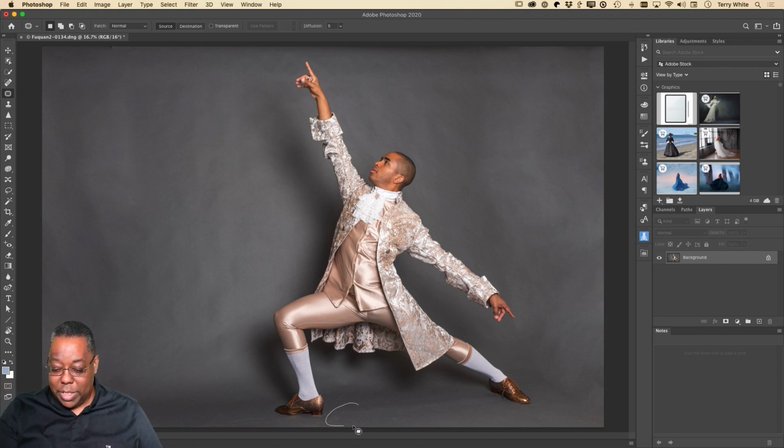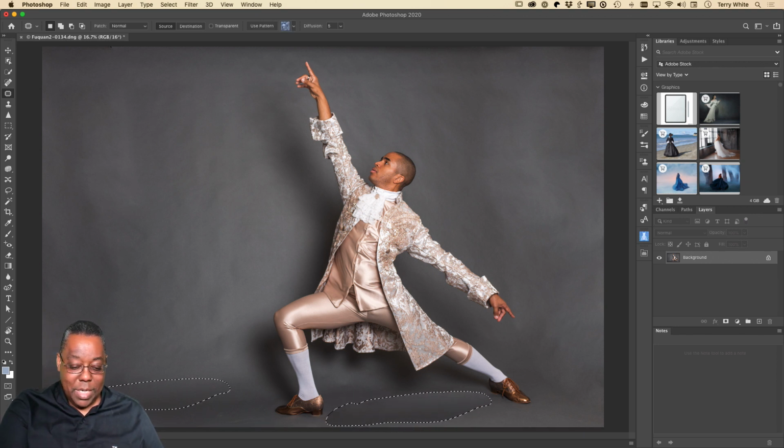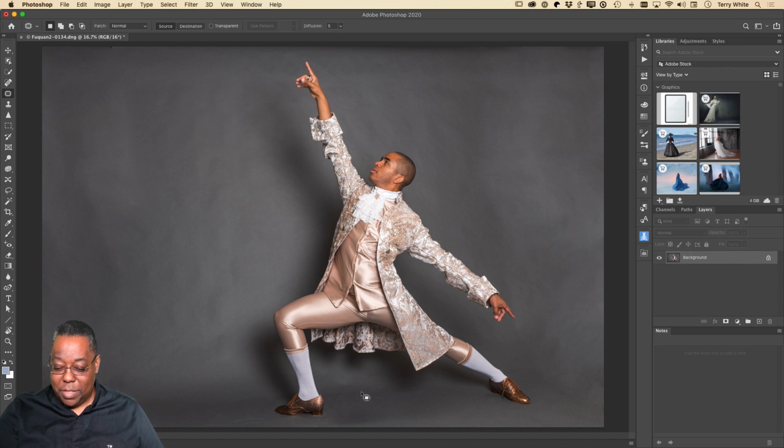And now I can just go in and just fix some of the things that weren't part of the original problem. That just gives me a better looking floor without all the footprints. Don't want to mess up that reflection of that gold shoe. And there we go. Now, I'm going to keep working on this, but for the sake of time, we're going to save it,